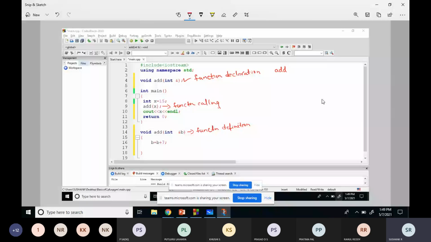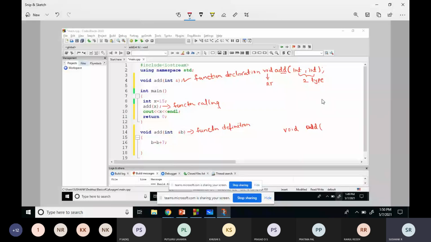For example, if I'm writing a function to add two numbers, I'll declare it at the beginning. The declaration gives the compiler information about the name of the function, the return type, and the number and type of the parameters. But the logic will be written inside the function definition.